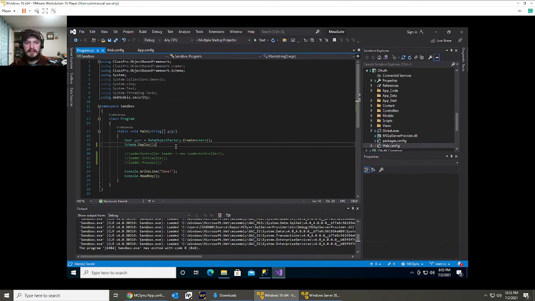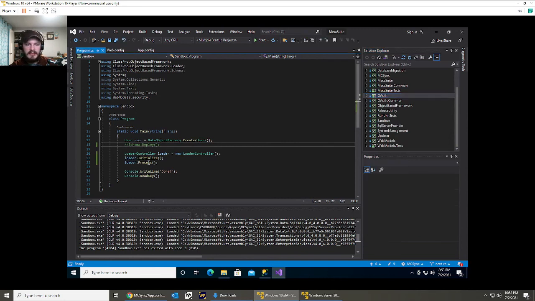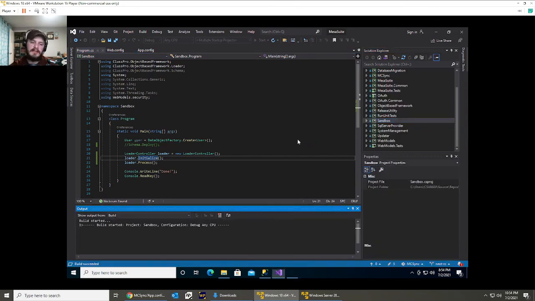Okay, so now that we've deployed our schema, I'm going to comment this out and then run our loaders to load any database objects into the database. So comment out schema.deploy, put our loader controller in here, initialize and process, and run our sandbox again. Right click, sandbox, debug,